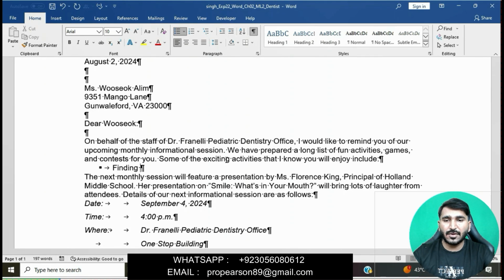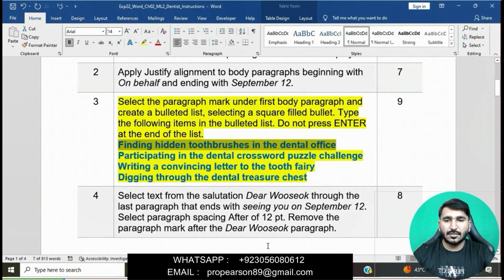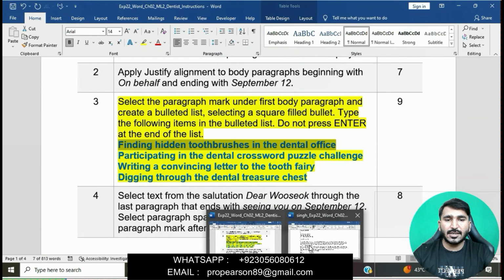We will type here: finding hidden toothbrushes in the dental office.